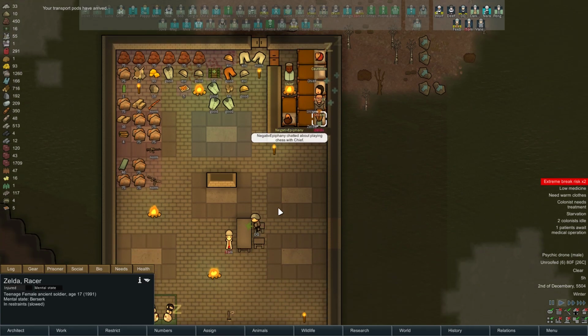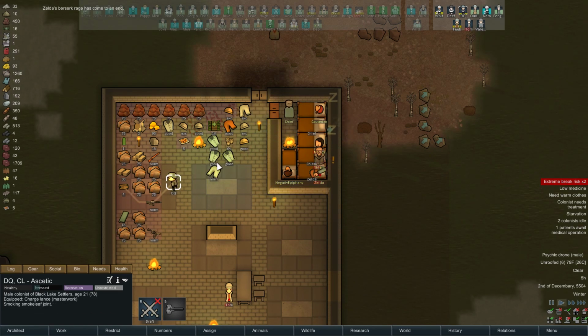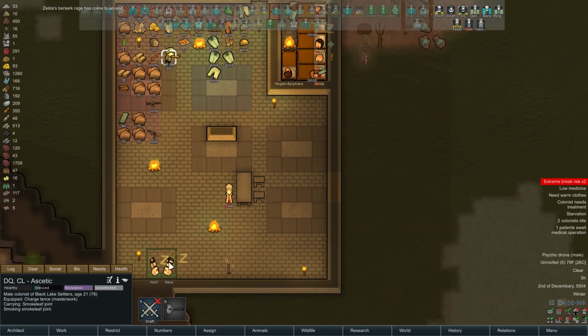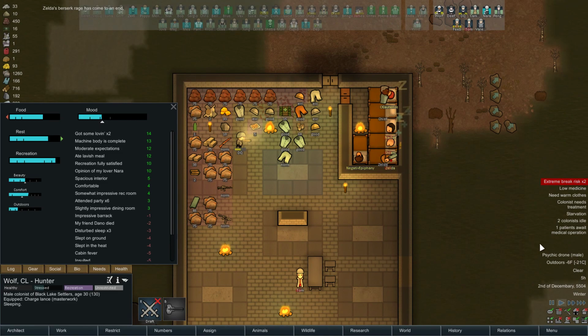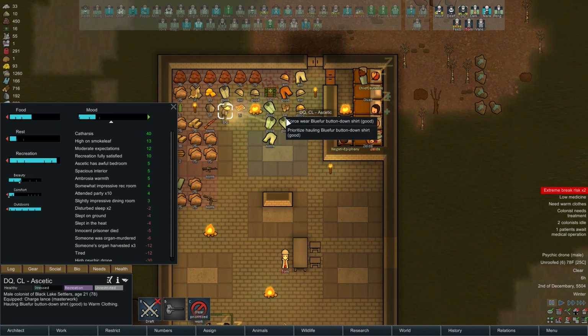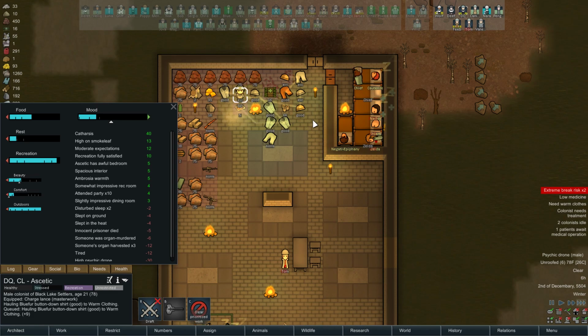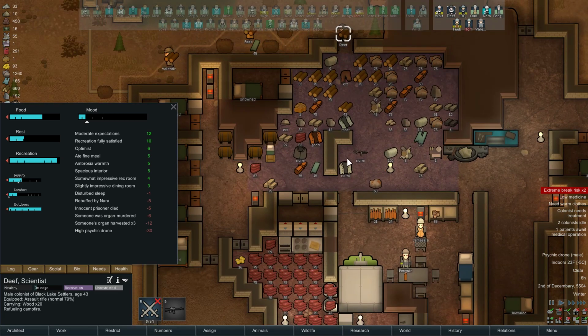Zelda went berserk. Yeah, I figured I'll just let them sort it themselves. The psychic drone is still happening, which is going to be a little bit of a problem. Sorry, DQ, to have to queue all that stuff up, but luckily, because of the...